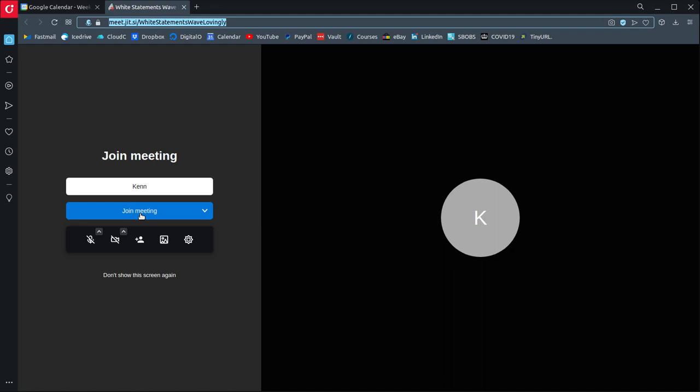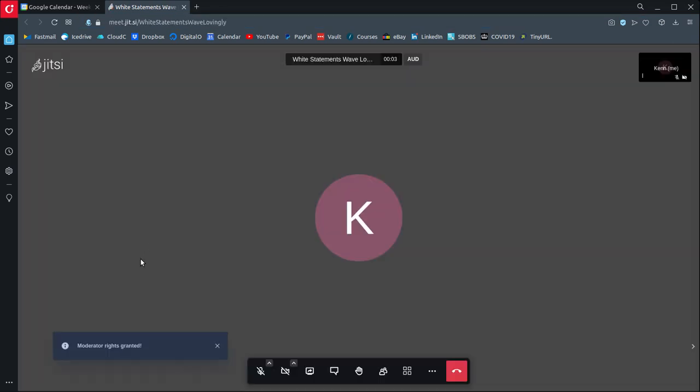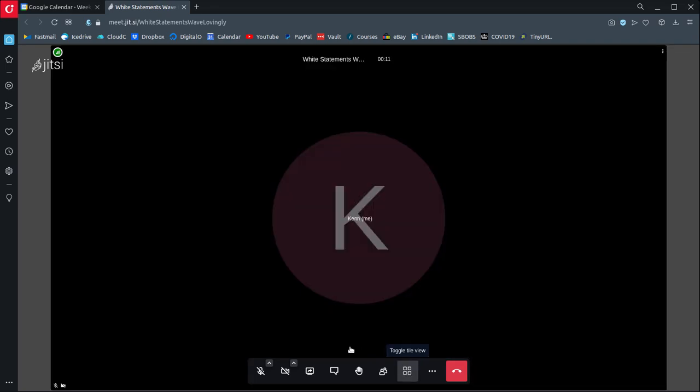And also, I don't use Teams because Teams won't let me record it. I'm using a Linux desktop, not Windows, and Teams won't share its microphone. And I don't use Zoom because Zoom costs money if you want to do more than, I think it's 40 minutes. But you can join the meeting, and then I will share my screen, which I can't do now because there's nobody else in the meeting. Actually, I prefer it looking like that.